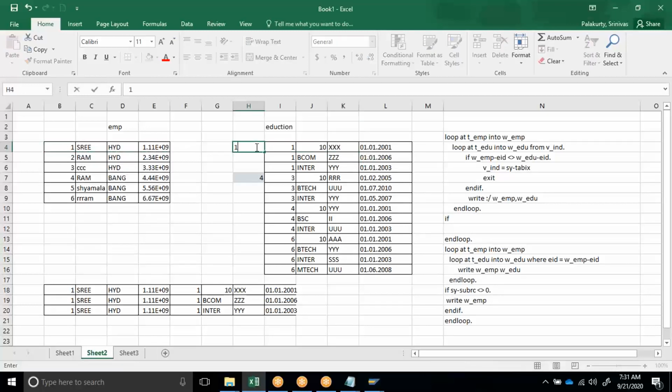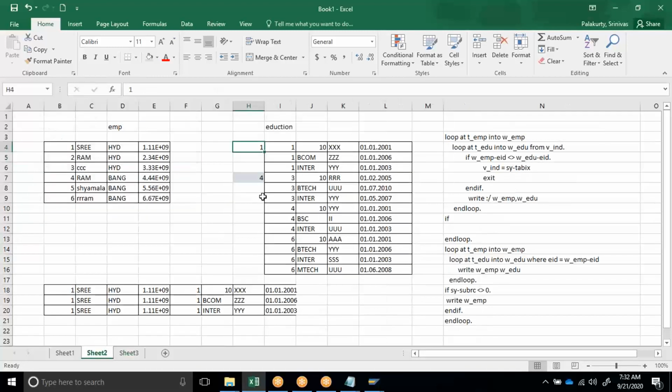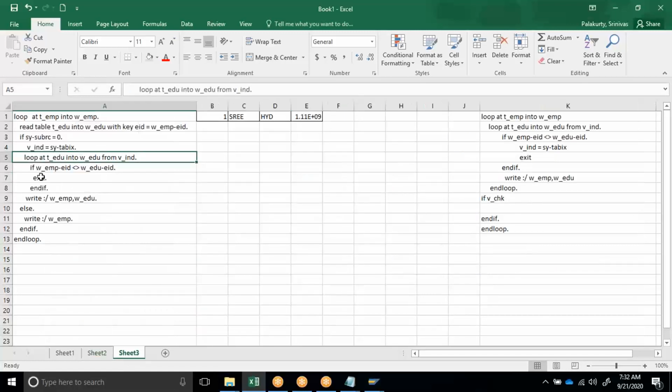Whatever the position is, that will come into the site average. So ultimately what is site average here? V_index equal to 1. So now you are looping at 1. The first record will come into the output. Second record will come into the output. Third record will come into the output. When the fourth record comes, it mismatches, because employee 1 is not equal to employee 3. Mismatch. So it is not storing the position. If you remember, it is not storing the position. It comes to exit. It will come out.